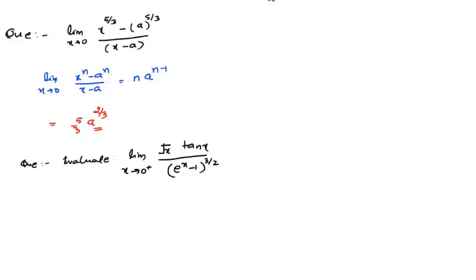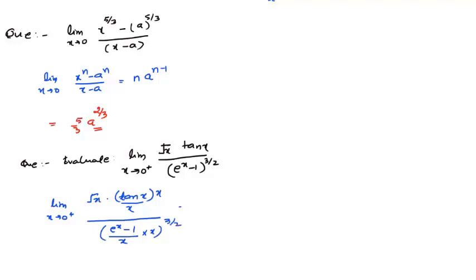So let's try to make it into some solvable form. We can write this as limit x tending to 0 plus under root of x into, for tan 10x, what should we do to convert it into standard form? For tan 10x we'll multiply and divide by x. So we have done this in the numerator, and now let's move to the denominator. For the denominator we have e raised to power x minus 1, and the standard limit is defined for e raised to power x minus 1 by x. So I have multiplied and divided inside this bracket by x, and whole raised to power 3 by 2. Yes or no?